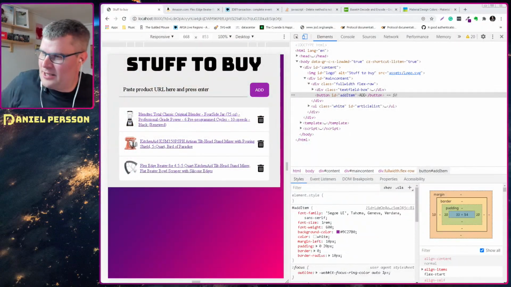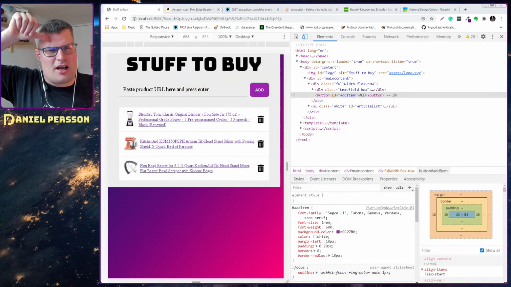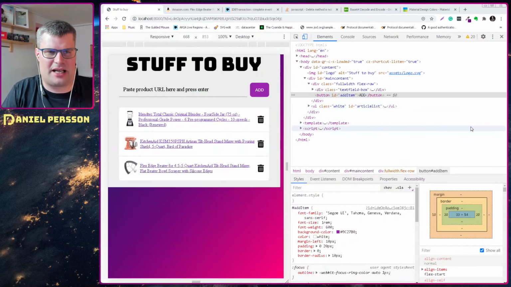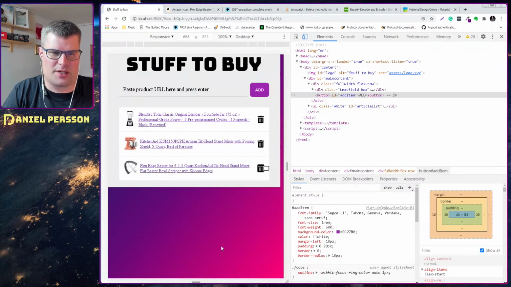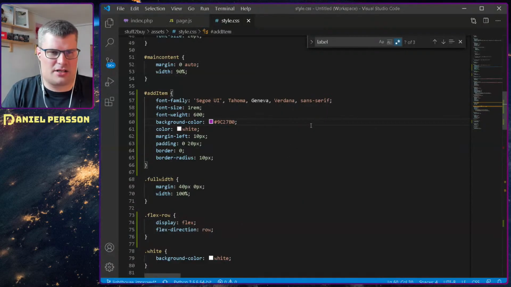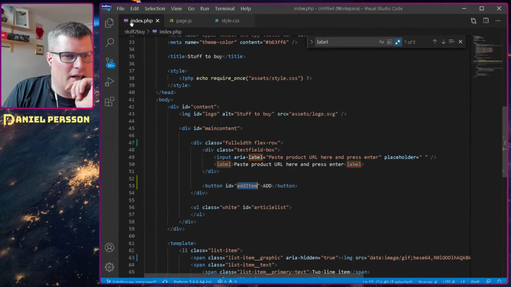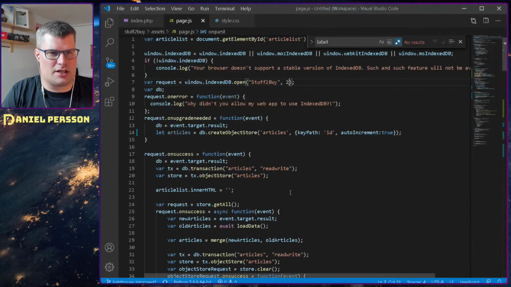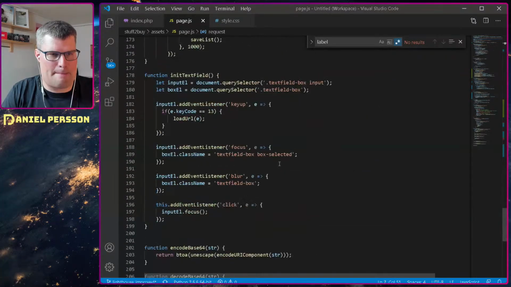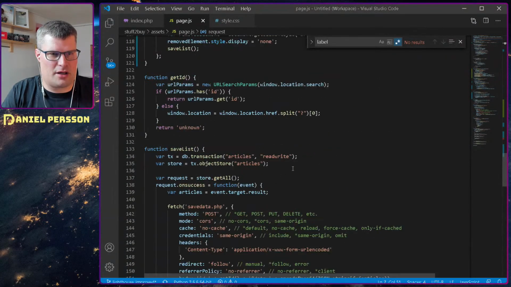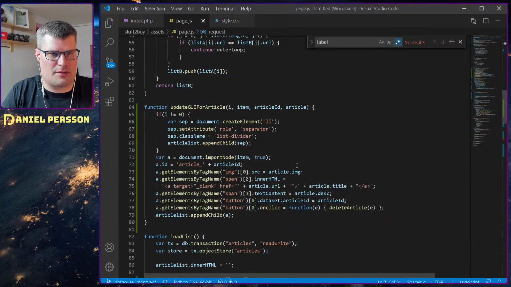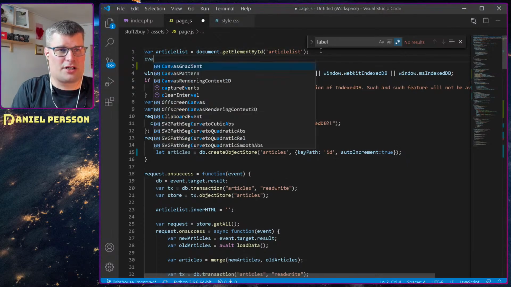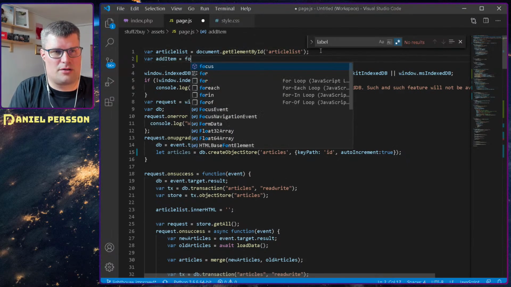Let's see here. So we have the add button. Let's just put some functionality behind that one as well. Let's go back to the editor here. Let's see, we have add item, and in this JavaScript here, we should have somewhere where we pick all the different things that we want to work with. Perhaps we only have an article list actually. So documents,